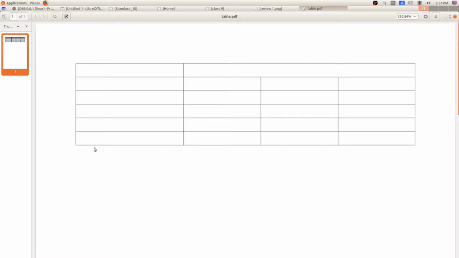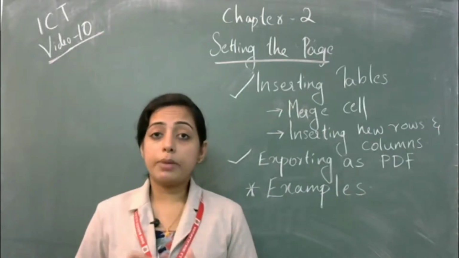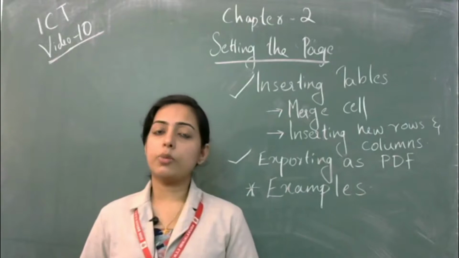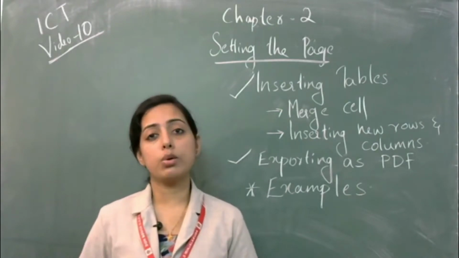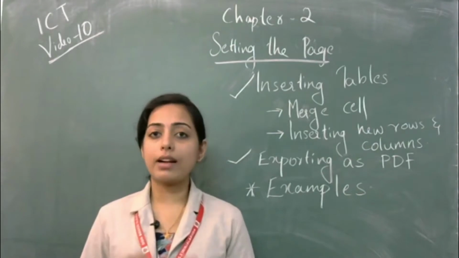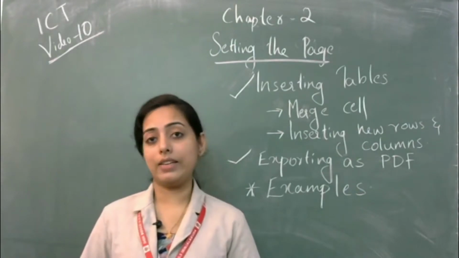Double click to open. We can't do any editing operation, we can just view like this. Okay, so this is our last topic in the second lesson, how to export the file as PDF. So chapter 2 is over. Hope you all are clear. Chapter 2 is such an easy chapter and the activities are also very simple. So practice this activity, study the activity steps.